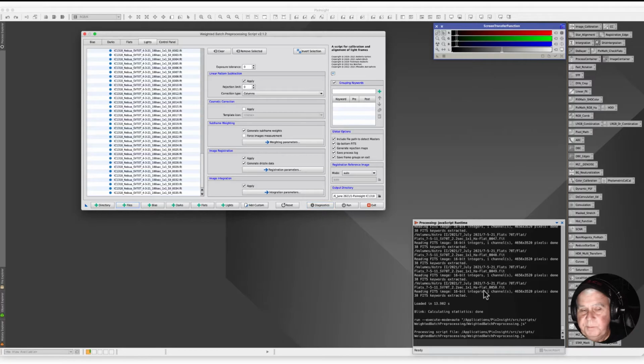Now, while I'm on that, if your pictures are saving the metadata in the image files, and if that can be read, and if you're using one camera and not multiple cameras, then you don't have to click on bias or darks or flats. You can, and then just load the bias, darks, and flats. But you can just click on files, and